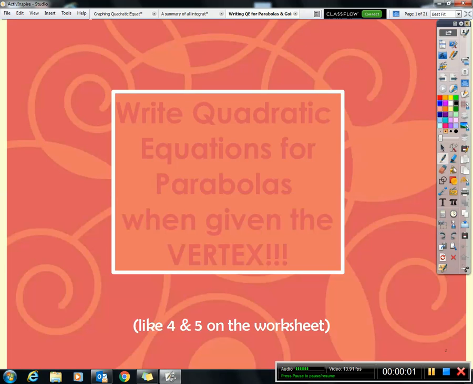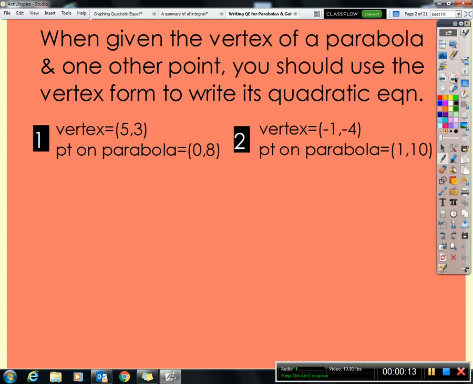Hi, let's write quadratic equations for parabolas if we're given the vertex. Now this is going to be like number 4 and 5 on the worksheet A48. So you need to think, if you're given the vertex of a parabola, then that is easiest to see if you're looking at vertex form. So remember, the vertex form of a parabola